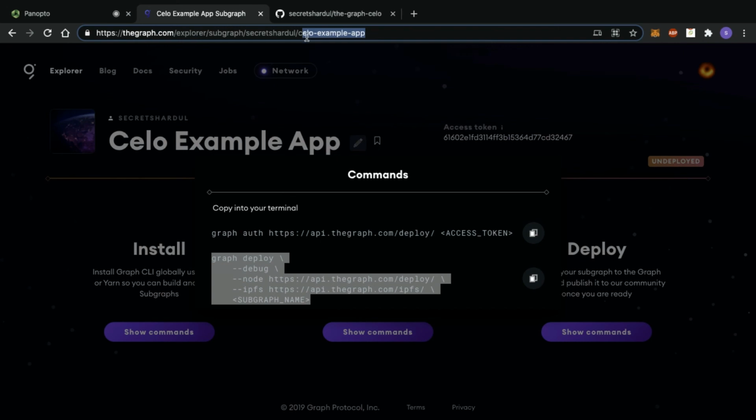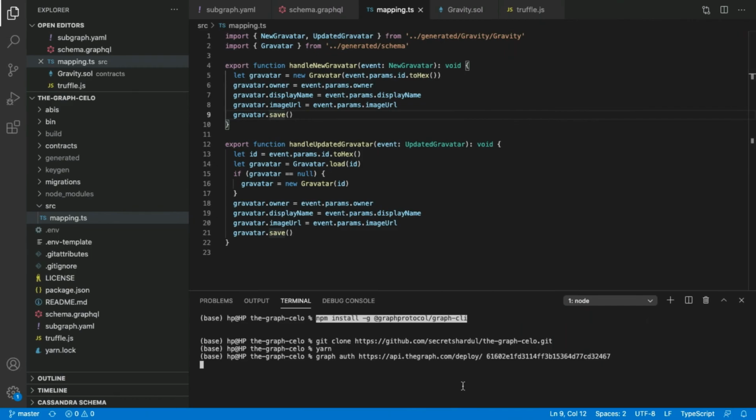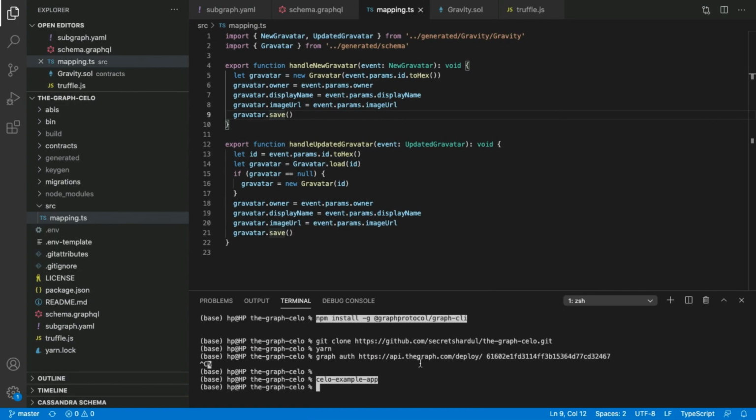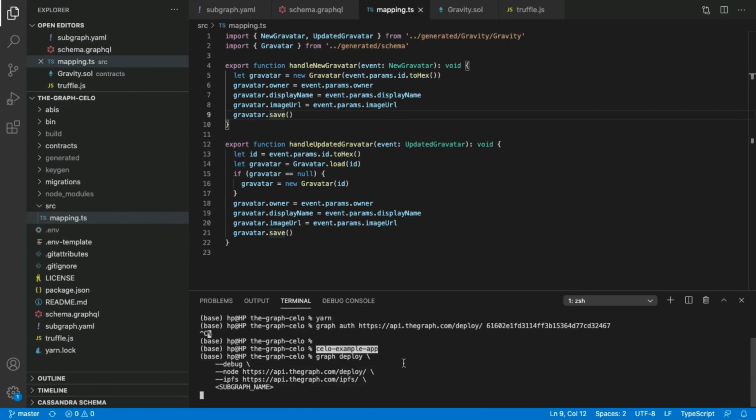So I have already performed the authentication earlier, so I don't need to wait while the command executes. So copy paste this and we add the subgraph name, Celo example app, secret shardul slash Celo example app.